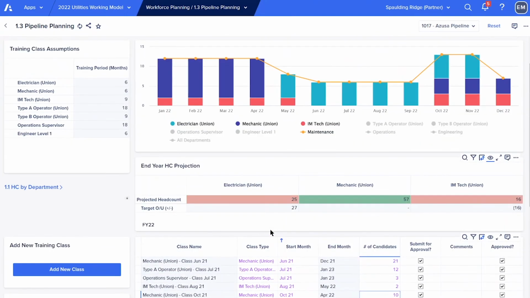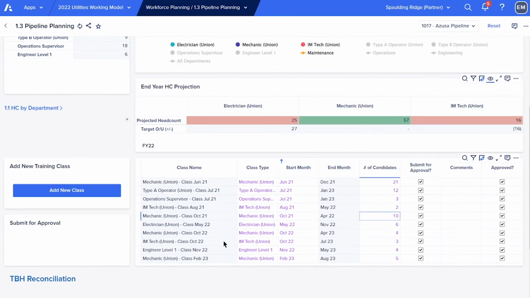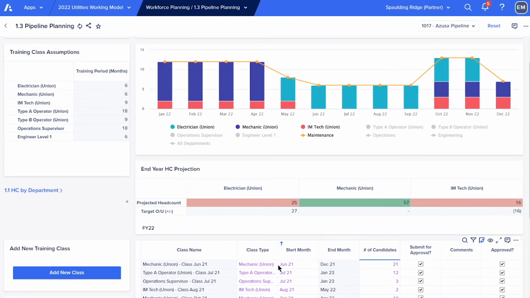So if we think about our talent acquisition group, they can come in here and see, all right, I've got a class of union mechanics that need to be hired in February 2023. That's a bit ways out, so maybe I don't have to do anything about it right now, but I do know that sometime around the end of 2022, I need to be out searching for these people. I know that my maintenance department needs 5 of those people. So I need to start opening requisitions and getting applications sometime late 2022. So this is readily available to other stakeholders like that.